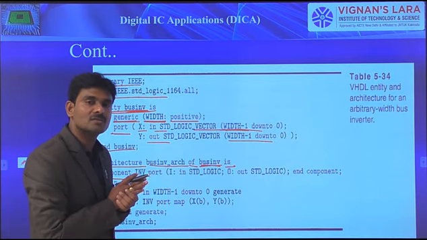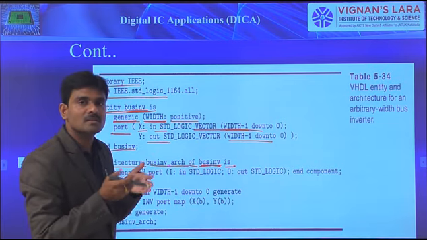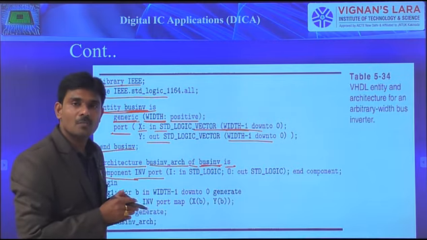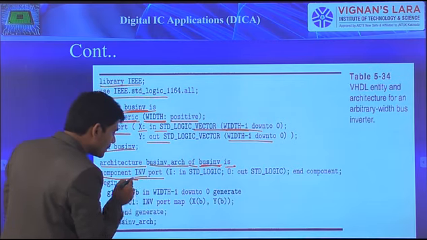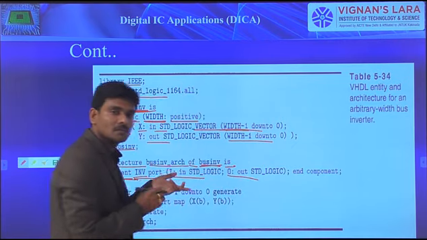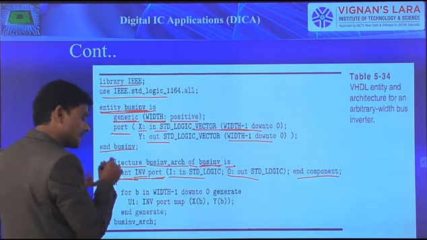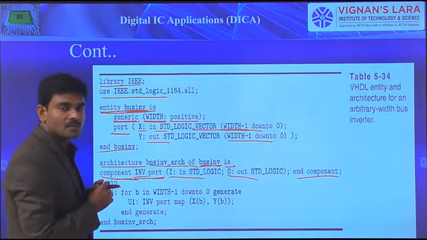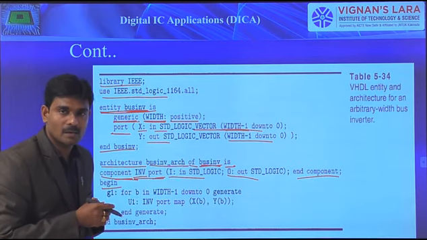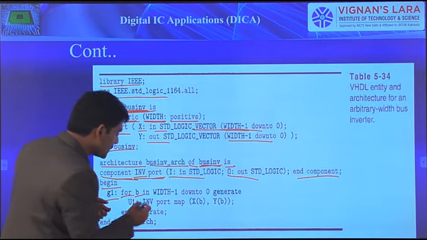But here my intention is to generate an n-bit inverter. That n value may be 8, 16 or 32, whatever it may be. So I am supposed to declare the component, which is inverter. For that component, port: the input we declared as I and the output we declared as O, and end component. By means of that, the inverter component is declared. Next, the architecture body starts with the keyword begin. Same as the previous one, a for loop by means of the generate statement. We consider a label for B, which is a variable in.